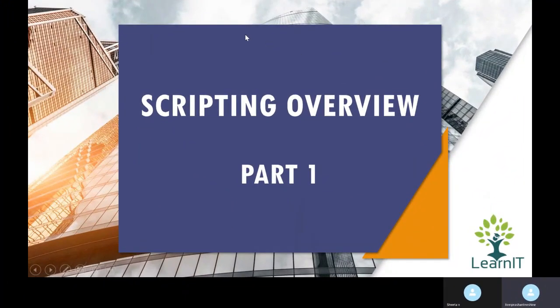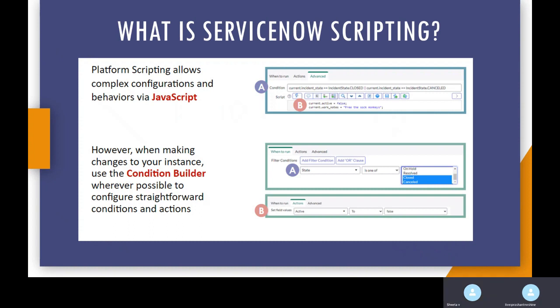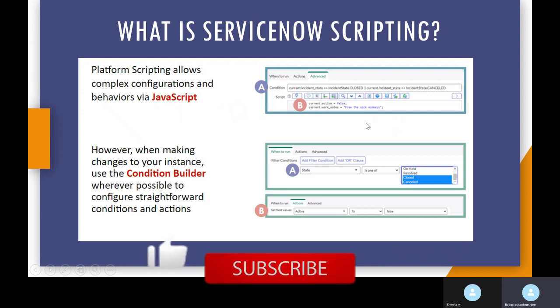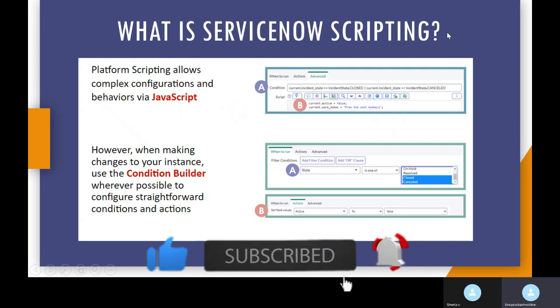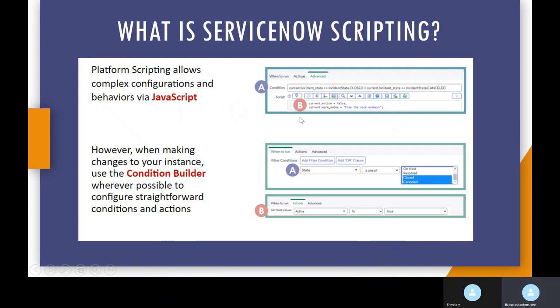Let's start with the scripting overview of ServiceNow. Now we will talk about what ServiceNow scripting is. ServiceNow scripting allows configurations and behaviors using JavaScript. Platform scripting generally means how you can script in ServiceNow, and what the purpose of utilizing ServiceNow scripting is. If you can see, we have certain scripts, like generally current.active equal to false